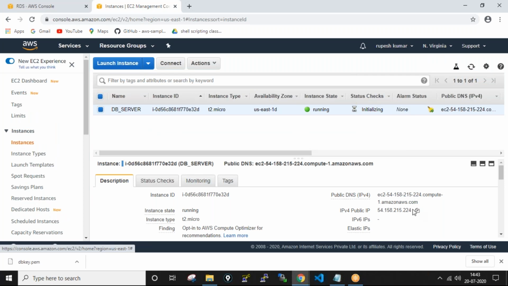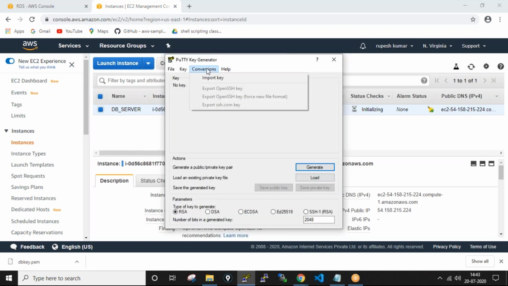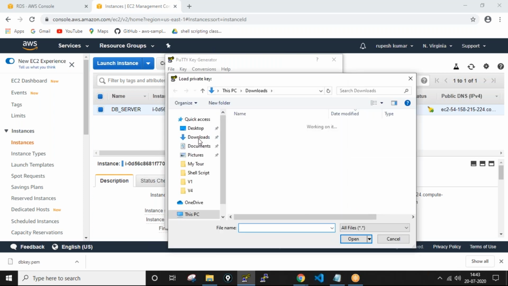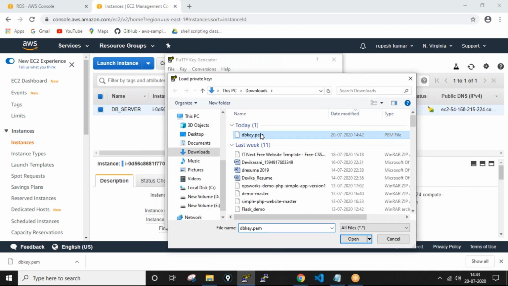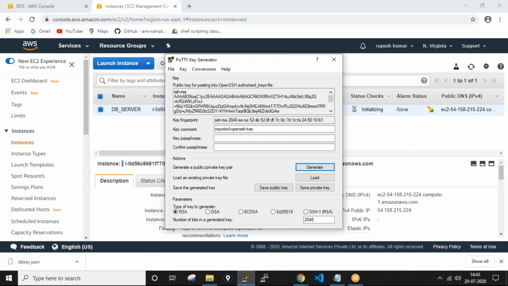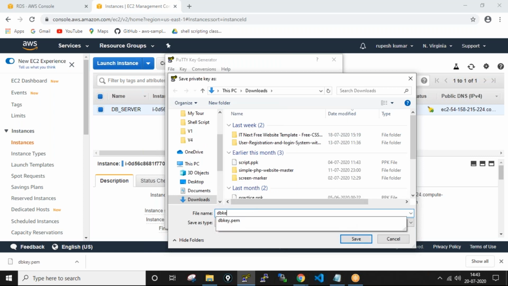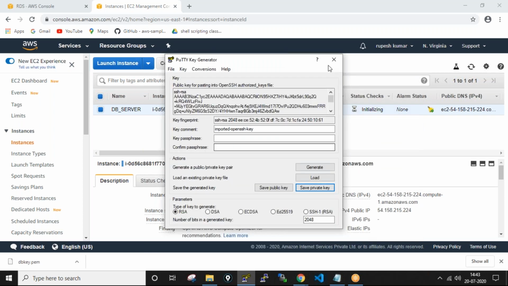Using the server IP, first we need to convert this key, right? So I'm just going for PuTTYgen. DB key, open. Private key. Yes. DB key I have given. Save.